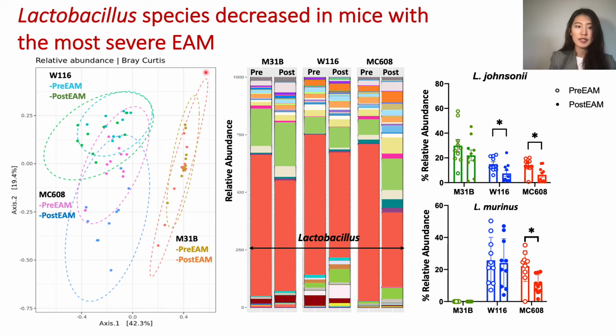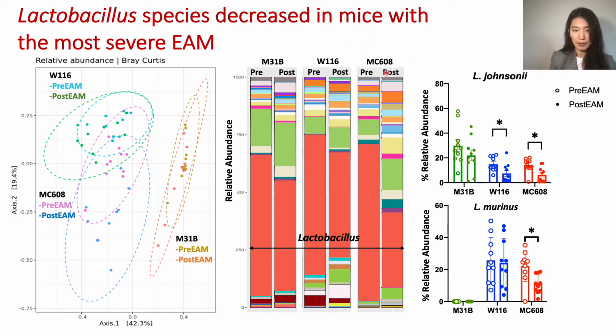The induction of EAM did not lead to major global changes in beta diversity. However, we did observe changes following the induction of EAM at the genus level. In particular, the abundance of Lactobacillus, shown here in orange, was decreased post-EAM across all microbiomes, with the greatest decrease